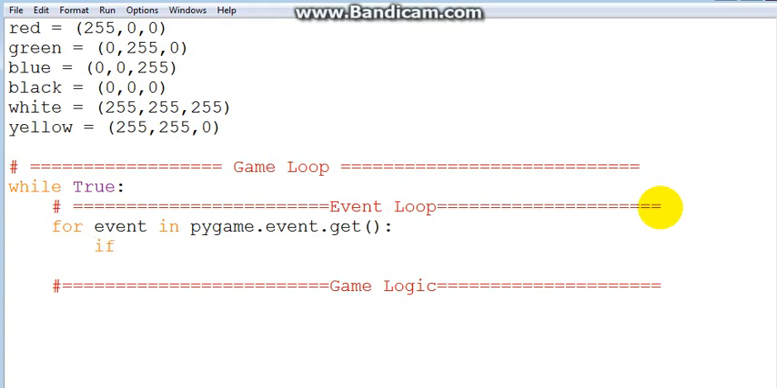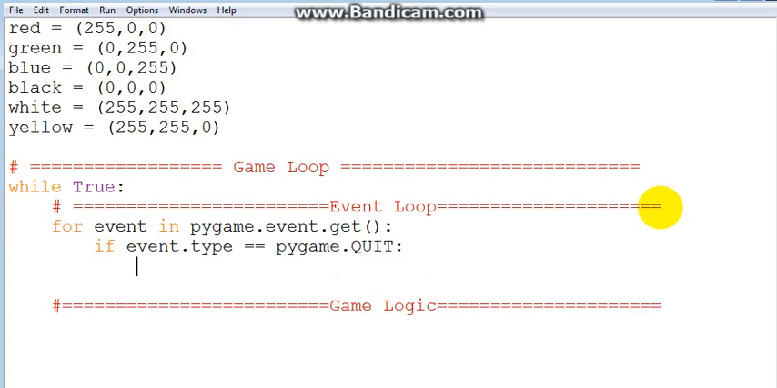So if event.type, this checks if the event type is, and instead of writing is, I just put double equal for comparison. So if the event type is pygame.QUIT, I don't know whether it's all caps, then what do you want to do? You want to quit. Well, to quit out of pygame, you just don't write quit. Quit will quit out of the Python interpreter or something, but in pygame when you want to quit you say